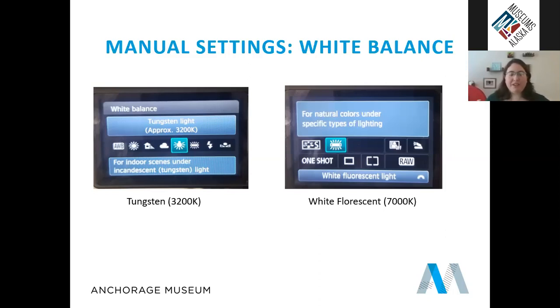But on your point and shoot or your DSLR, there are definitely white balance settings. You can see here there's auto white balance, there's sunny day, indoors, cloudy. But for museum lighting, you're generally going to find tungsten or white fluorescent lighting. If you purchase those exterior lights, that's generally the type of light that they have. And so you can set your camera to account for that